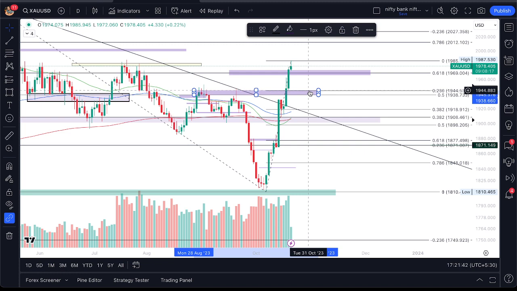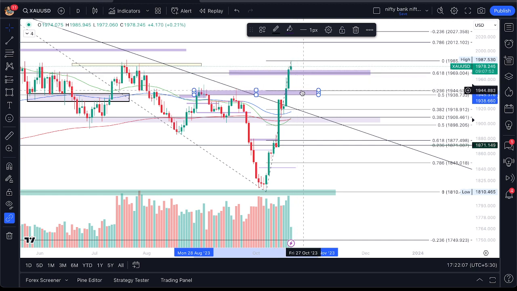Between 1944 to 1939, if it comes back to this level, maybe on Friday. Because Tuesday we had buying, Wednesday we had buying, Thursday we had buying, and today is Friday, we are also on the upside right now. Maybe we'll see some downtrend at the end of the session.